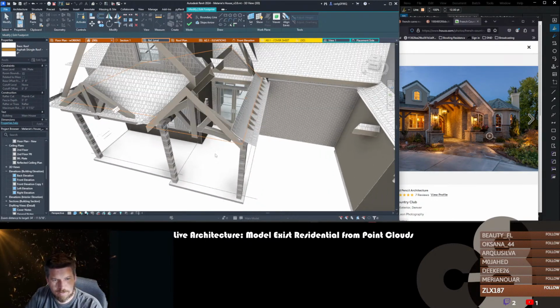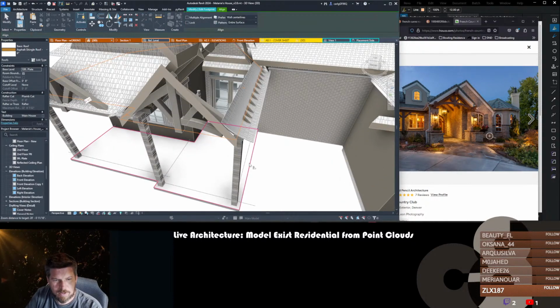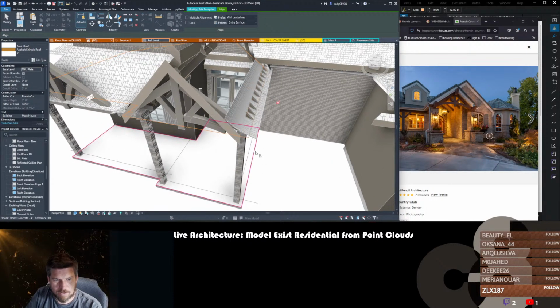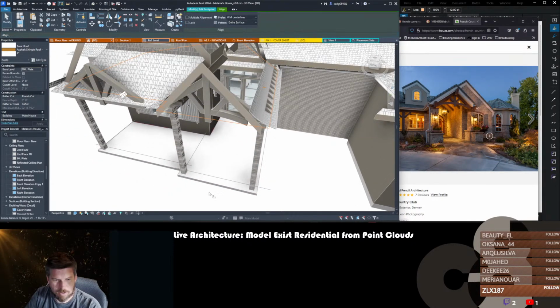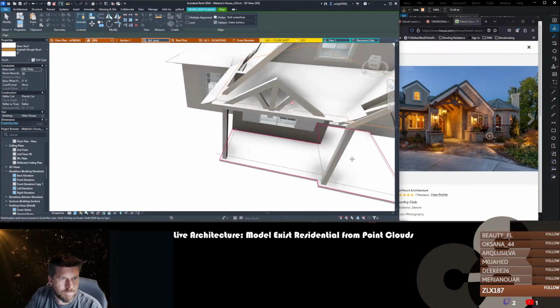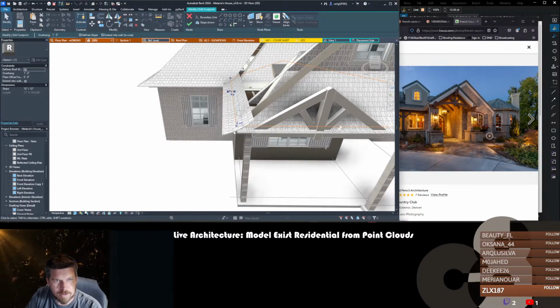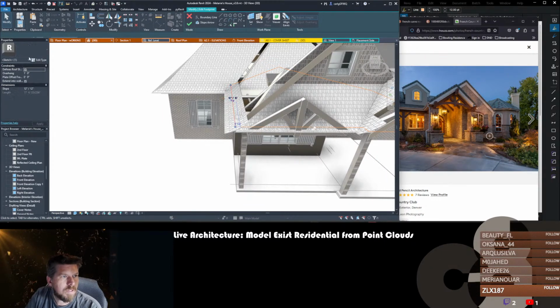And then, you know what? Let's do an 8-inch offset there. Let's just do it all the way around that same distance. I could look and see how far this is offset. So this is a 1 foot overhang from